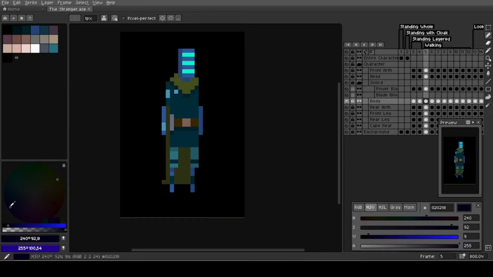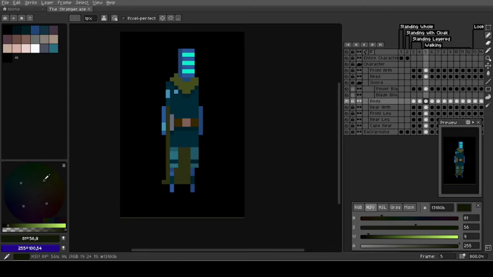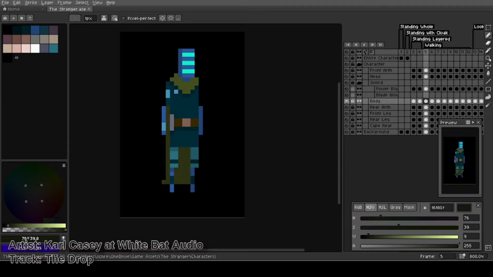Purple, yeah, no, purple and yellow. That's just what color stands out the most, has the most contrast. But you've got all these things monochromatic. I mean, discrete. I don't like using discrete, but some of you might. I usually leave it on square because it gives me complementary, and then it gives me the alternate axis of complementary colors. Anyway, I always have my preview window open, and I animate in layers because it's so much